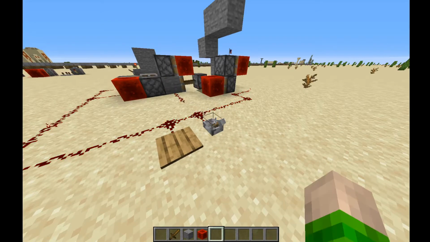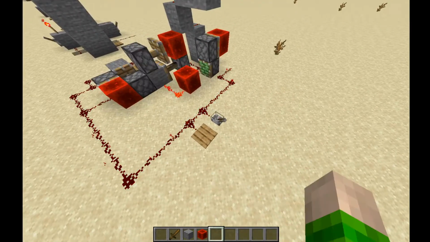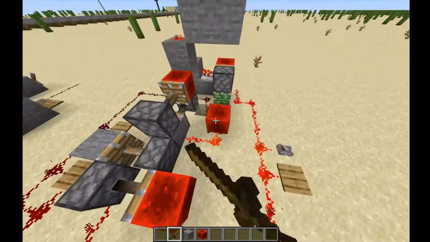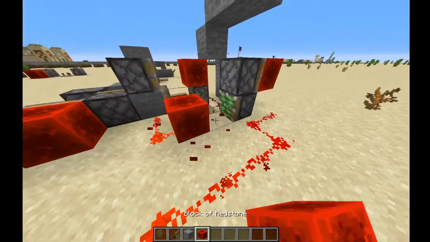Oops, no, I failed. So a 1 tick off pulse. Let's see if I can do it. Did it work? Nope. There we go. A 1 tick off pulse, and now, even though the door is activated and it should be opening, the door is being locked closed by this redstone block that's misplaced and it's supposed to be here,